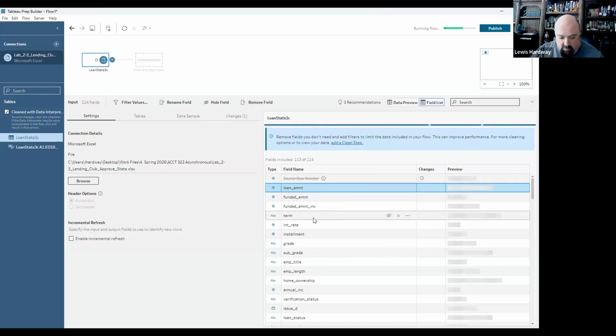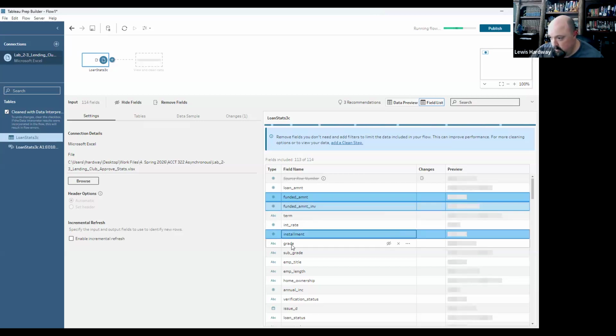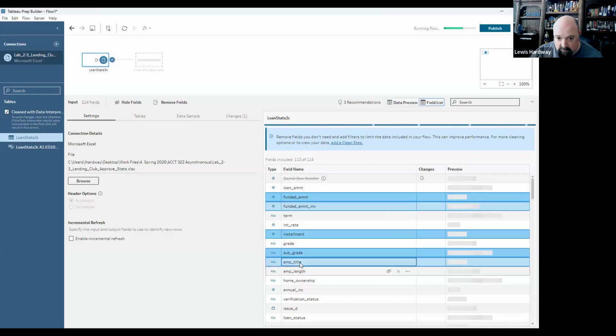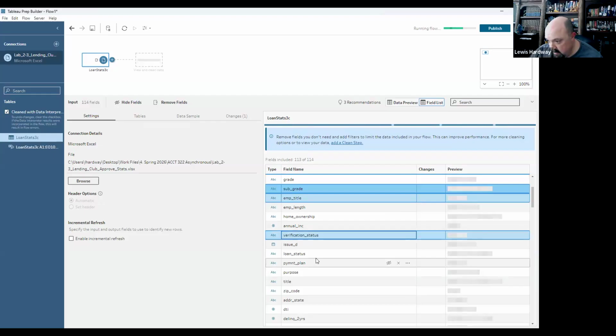So what I'm going to do is use the control key and highlight multiple things here. We want the term, we want the interest rate, we don't want installment, we do want the grade. The next one is EMP length. So there's EMP length, home ownership, annual income, then issue D, okay, loan status,